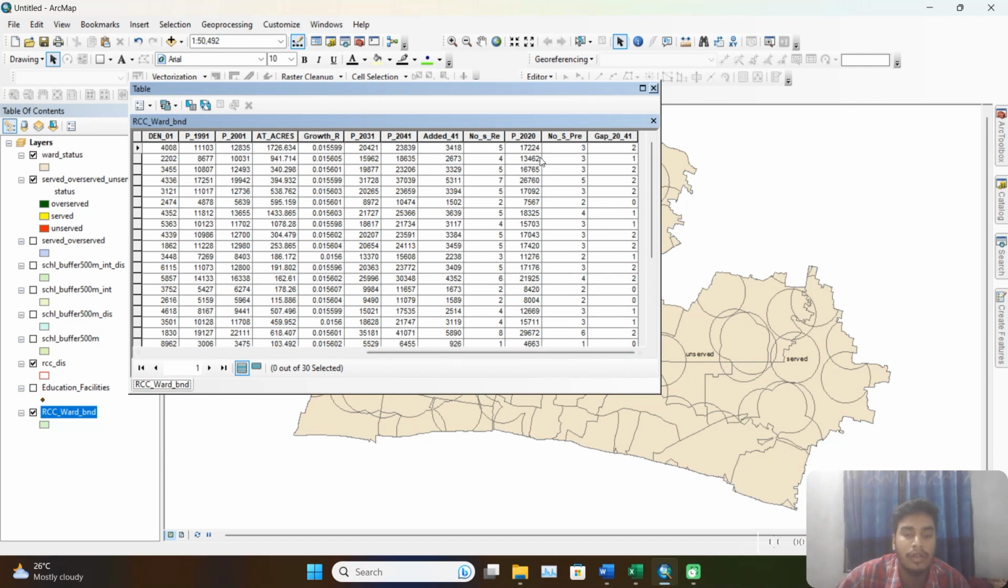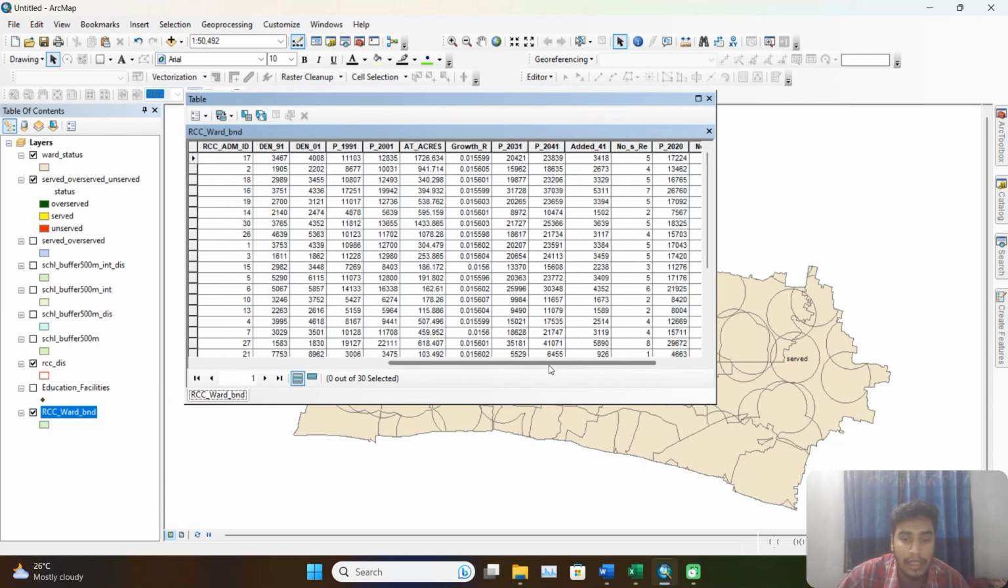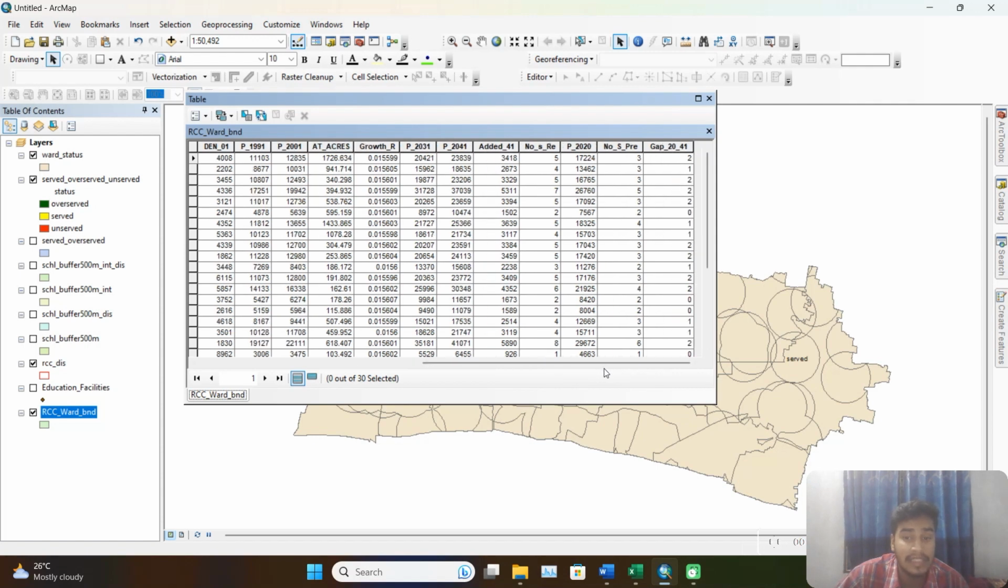So if you calculate a year's population from here, we can get the served area, unserved areas population. But we can't calculate population by area. So how can we do this? We have to measure the population density for each of these wards. So if you multiply this population density with the area we calculated, we can get the population of each